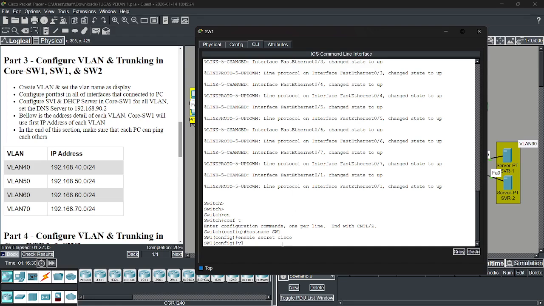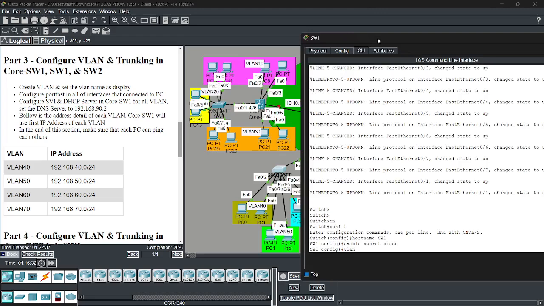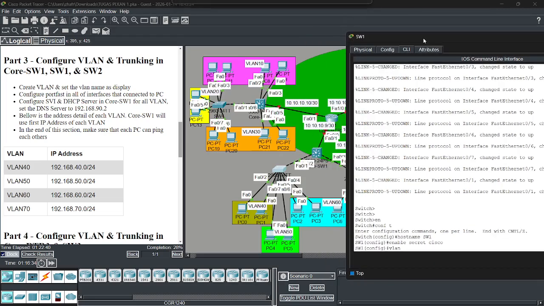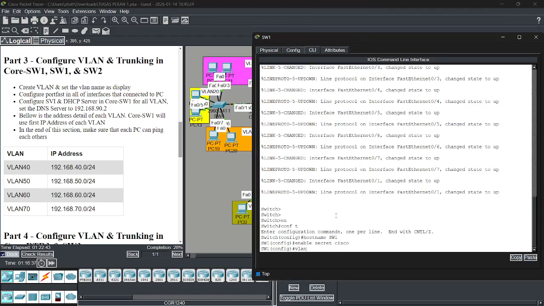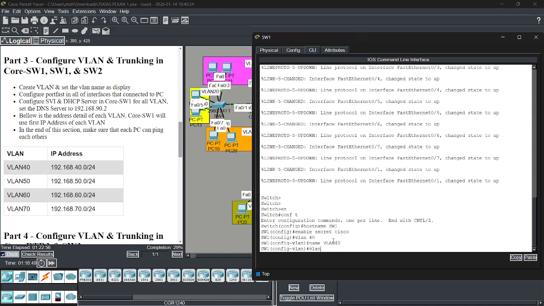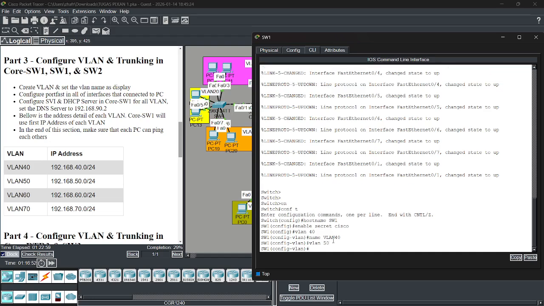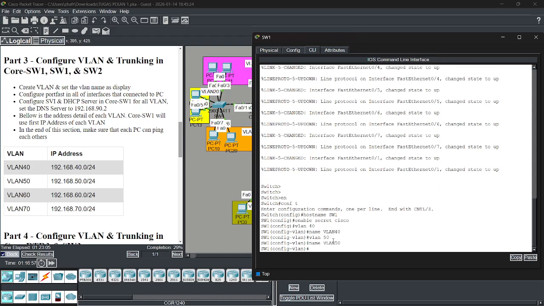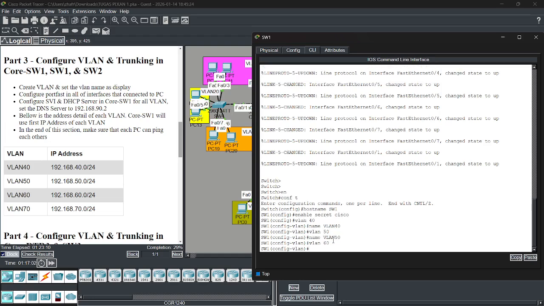Add the VLANs 40, 50, 60. Okay, VLAN 40, name VLAN 40, and then VLAN 50, name VLAN 50, and then VLAN 60, name VLAN 60.